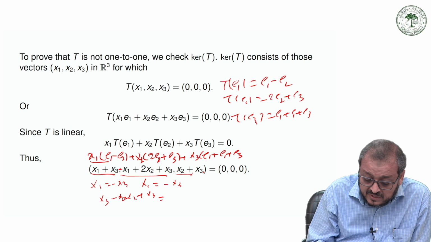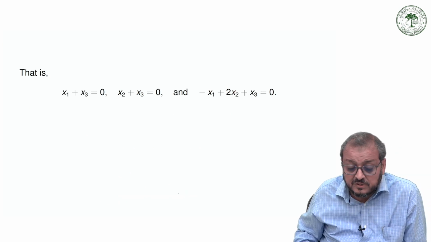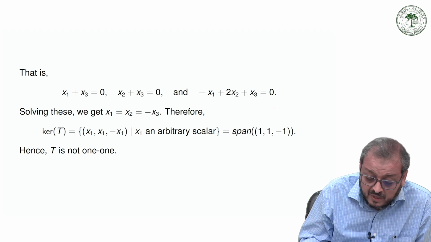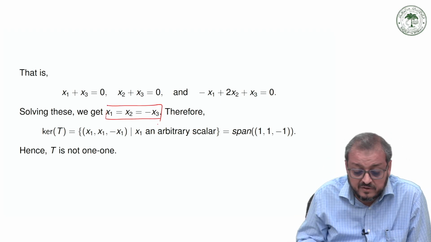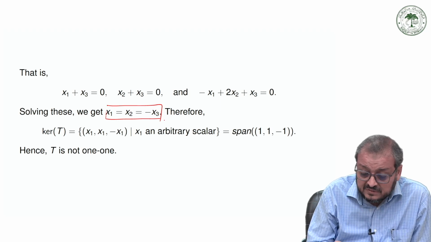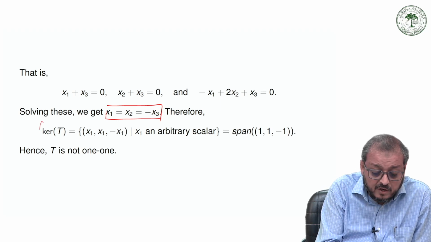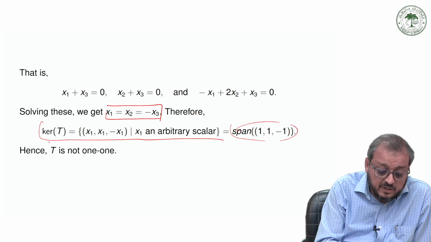So this means we can just write it in this form. So (x1, x2, x3) is clearly in this form: x1 is equal to x2 is equal to minus x3. Therefore the kernel of T is in this form, so the span of this has dimension 1. So hence T is